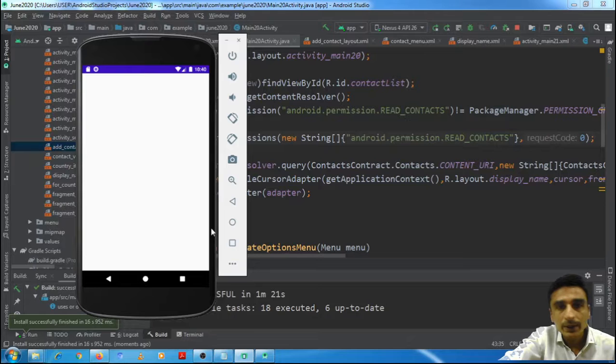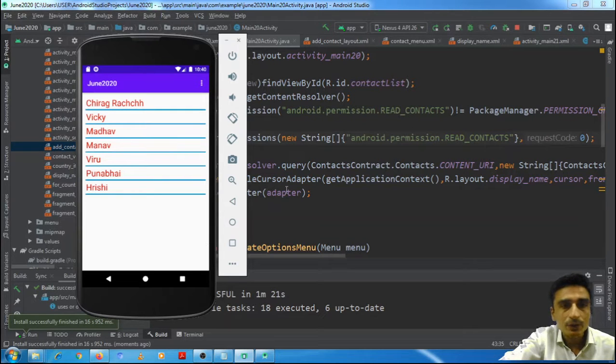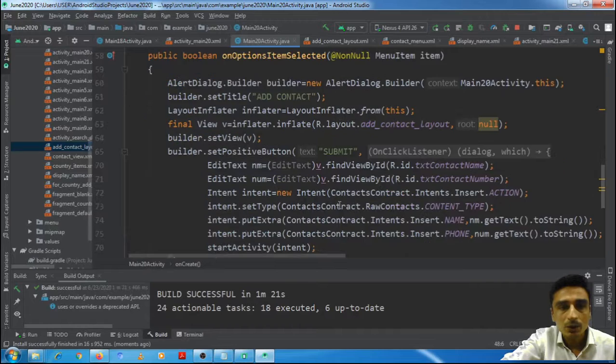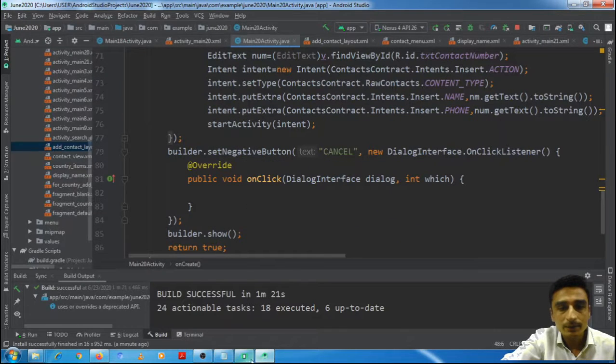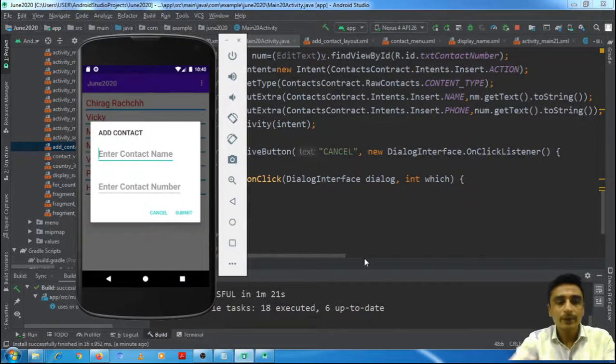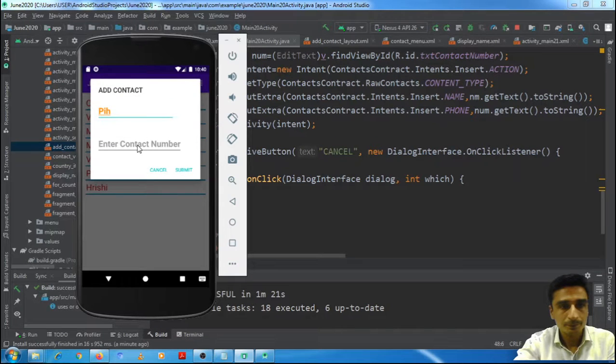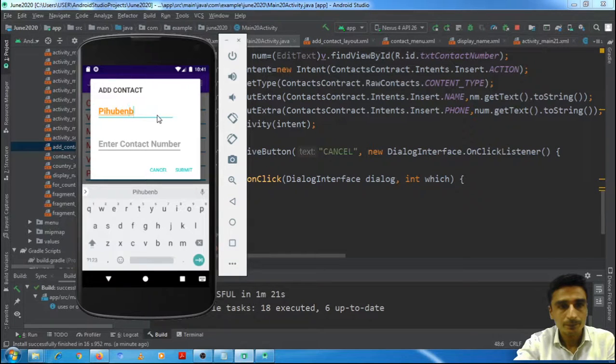The output of the activity is in front of us, and you can see the options menu is appearing. Add contact, builder.show. Yeah, it is there. Add contact name, the number.